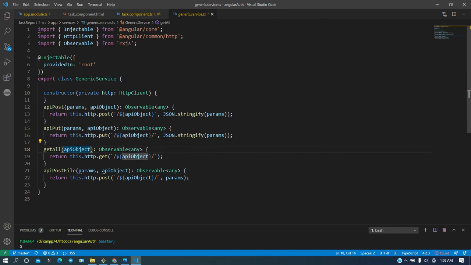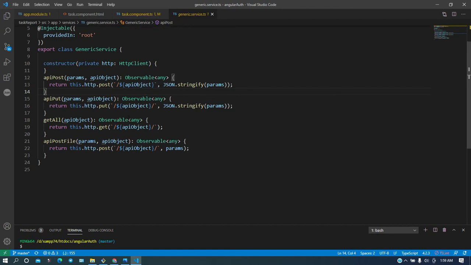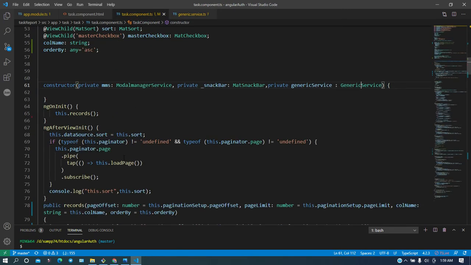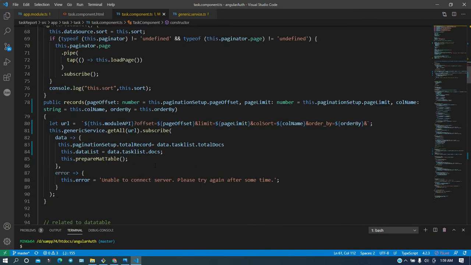That's why this is the API endpoint, and for the POST method, along with the API endpoint you also need to provide the data, the post data you want to pass to the backend. In the return, this.http.post, and you can notice, okay, just forget about it, this is just an API call returning some value, and you have just subscribed to it here, and then you got the data.